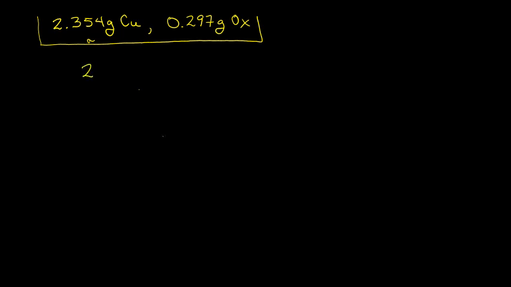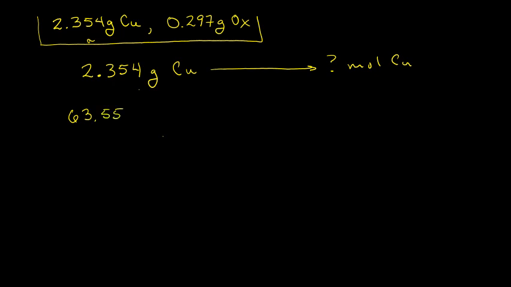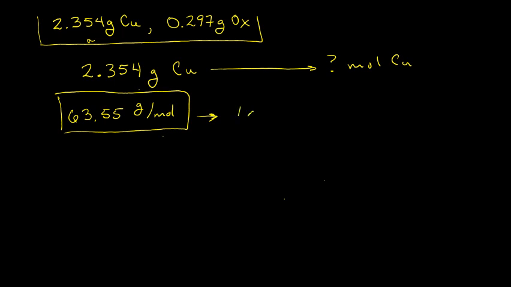Right? So for the copper, just have a little review here. We've got 2.354 grams of copper. We want to know how many moles of copper that is. We can look at the periodic table and find our molar mass, right? The molar mass of copper is 63.55 grams per mole. But if you remember, in a previous video, we talked about molar mass, and we said that this value here should not be thought of as a number, but rather as a relationship. So this 63.55 grams per mole means that 1 mole of copper has a mass of